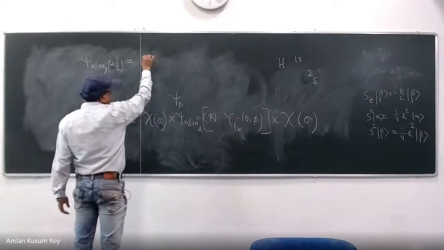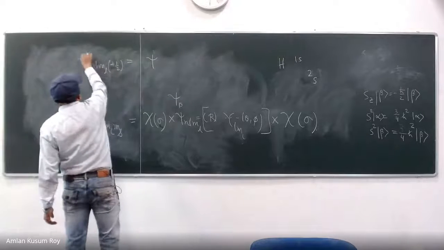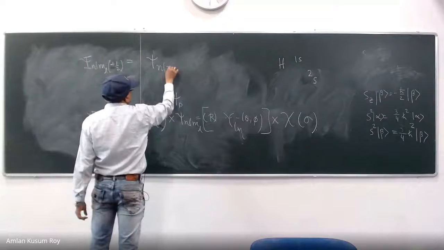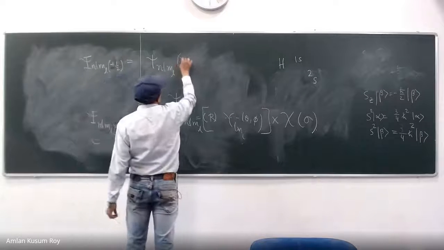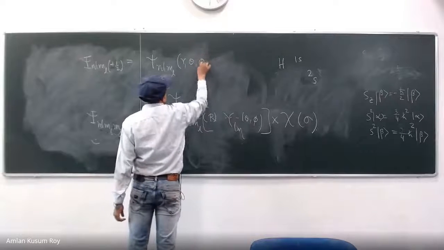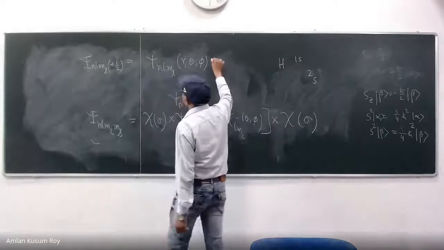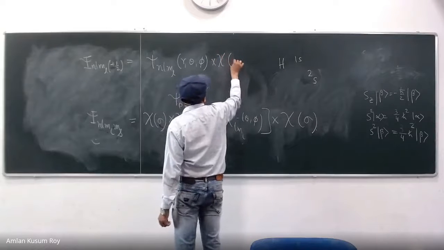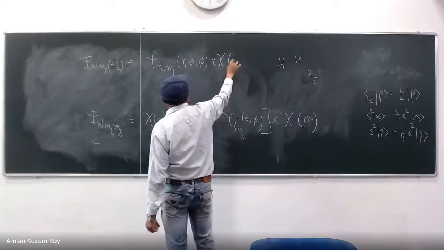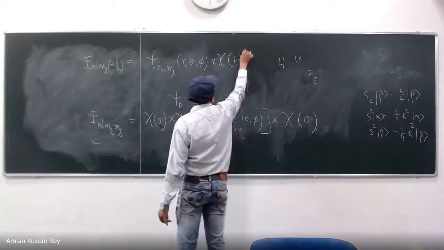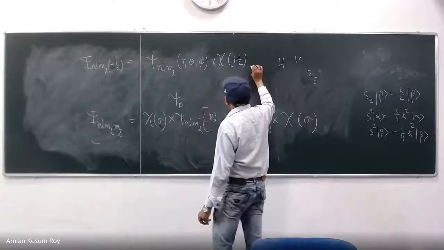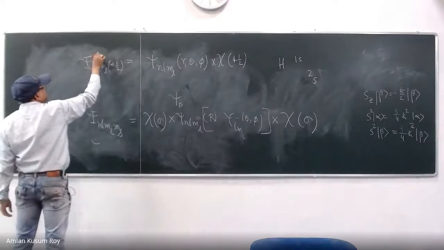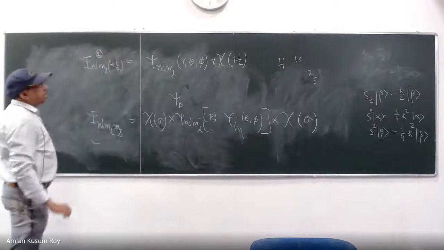So you have a psi. Let us make it a big psi; this is a small psi. So I write n, l, ml with r, theta, phi. I don't want to illustrate that again because it is already understood. You all know that. And there is a spin function which has come with an ms value of half. That has given me one state, one of the 2 degenerate functions.